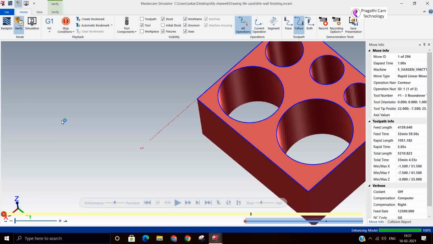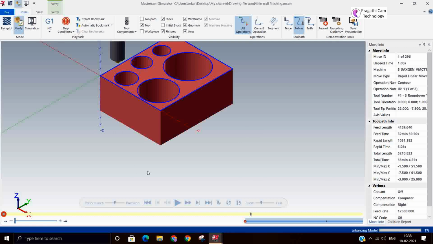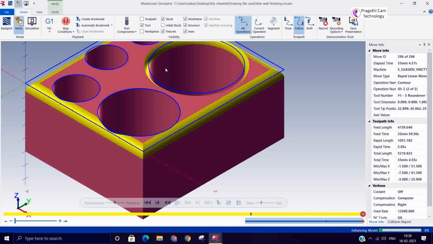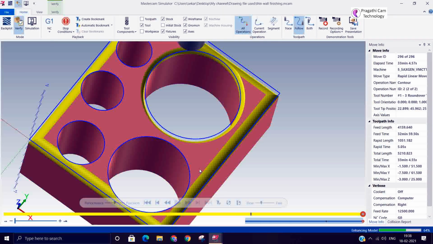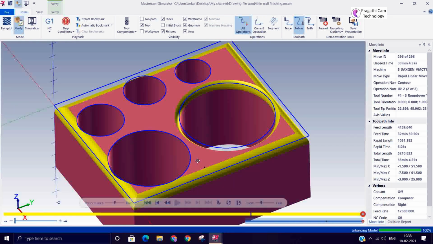So now we have seen how to make a chamfer in the model and also how to make a radius fillet in the model. These two things we have seen. I have given only 0.25 here. You can see it depends upon the tool. Okay. So like this you can make the radius also. Okay. Thank you.